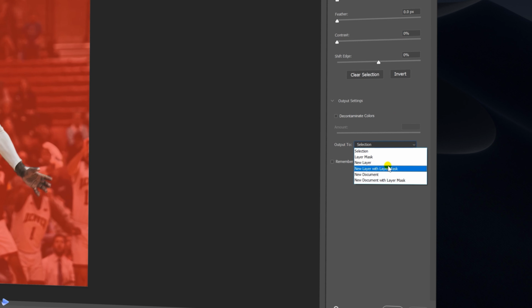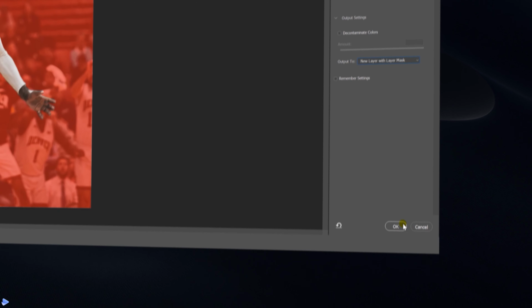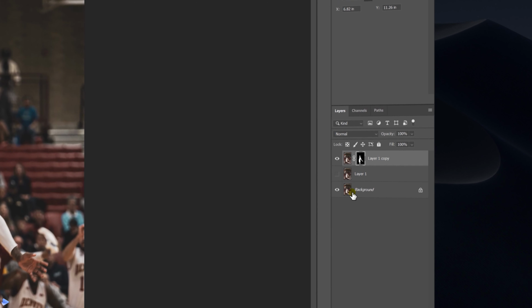Okay, so once we're happy with this, let's just go to Output 2 just over here and then click on the drop down selecting New Layer with Mask. Okay, so with that done, we can now see that this guy is within a new layer. However, there's a duplicate underneath in a separate layer, and what we'll need to do is remove that duplicate in order to have a really decent clean plate.